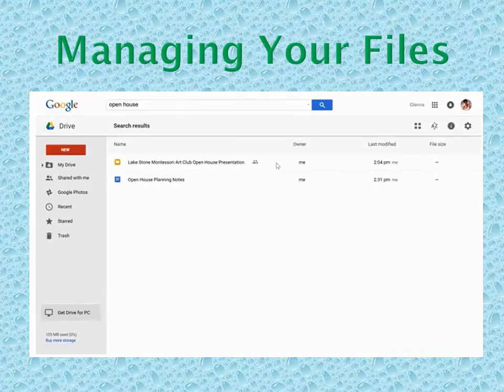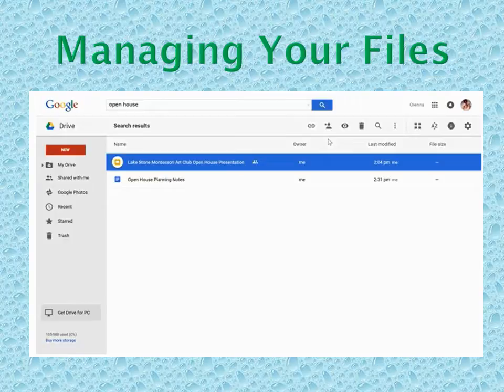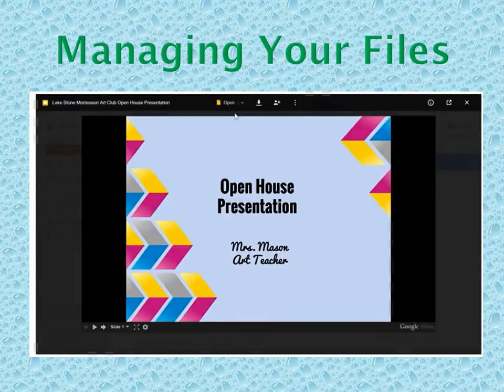If you think you found the file you need but you're not quite sure, you can use the preview option to just give it a quick glance without actually opening it. To do this, select the file, then click the Preview button near the upper right. From here you can choose to open the file for editing or close it to get back to your drive.